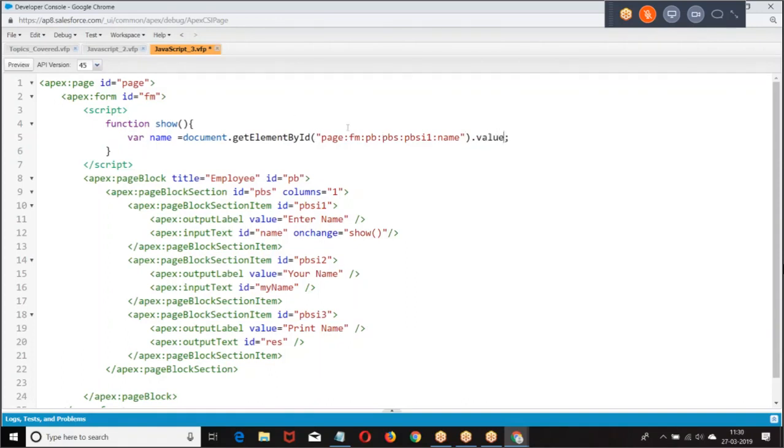In the page we have a form. In the form I have a page block section, in the page block section item.